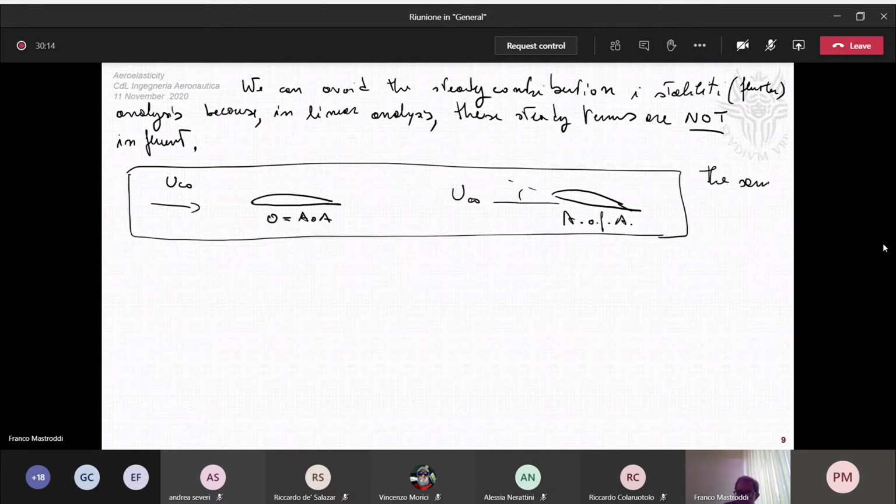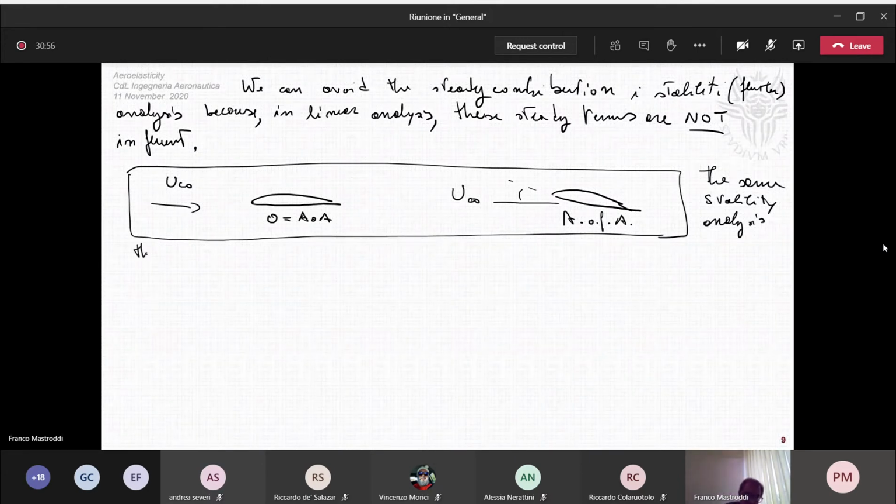stability scenarios, because the difference between these two conditions is just a steady force applied to the wing. Okay? The same stability analysis. And this point is a key point in structural dynamics and in fluid structure interaction, or in general in systems theory. Okay,